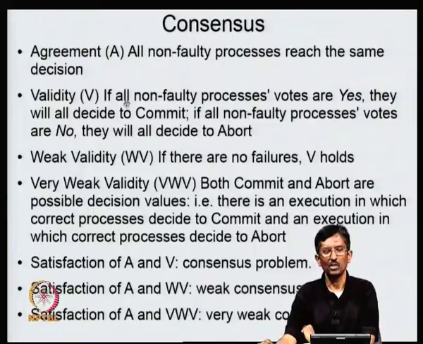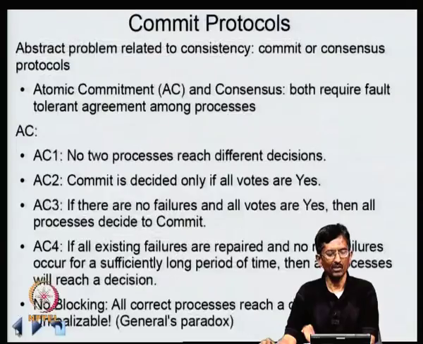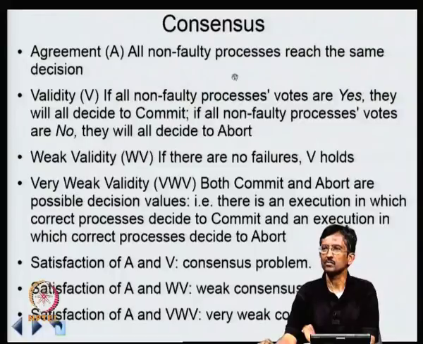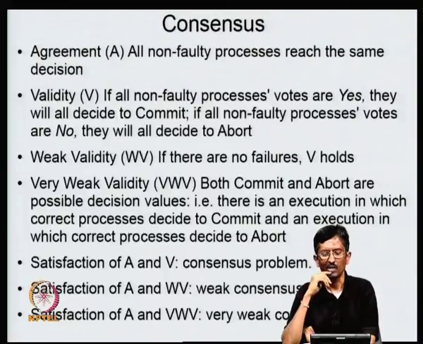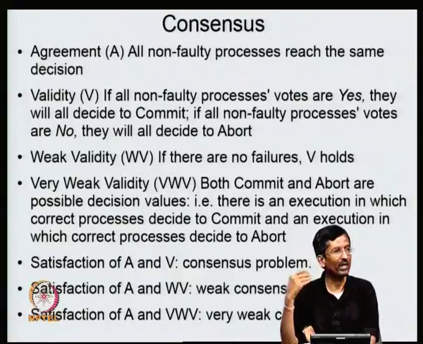So, therefore, it can take a much longer period of time, and so it makes sense for you to go for this model, commit kind of models, for databases and file systems. Whereas for those real-time kind of systems, consensus is a lot more sensible, because you're going to have to react to something quickly, and you can't wait for systems to reboot and use the old persistent state to guide what has to happen next.